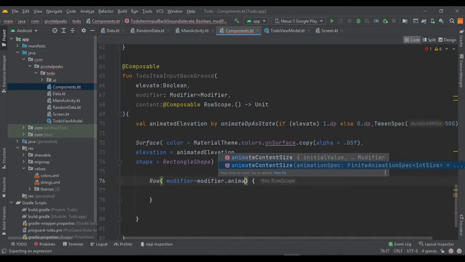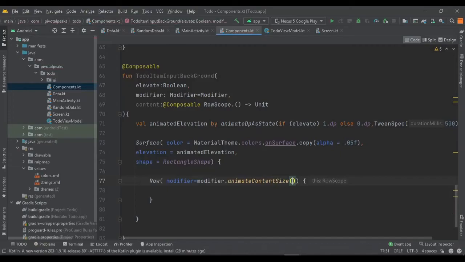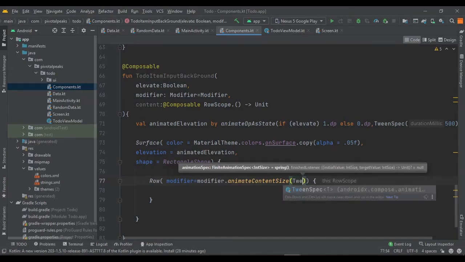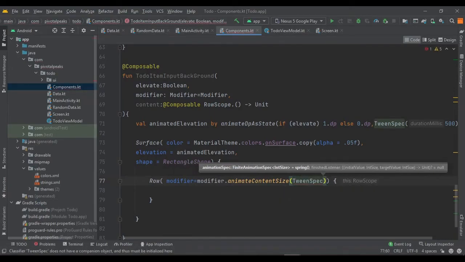I choose the second one, not the first one, and again it was asking for the animation spec, so we provide a tween spec, and this time we give it 300 milliseconds, not 500, for the row.